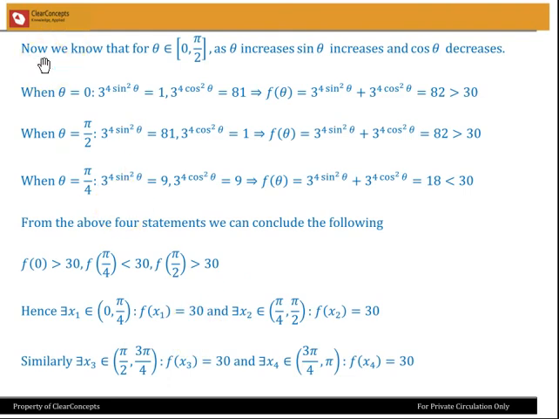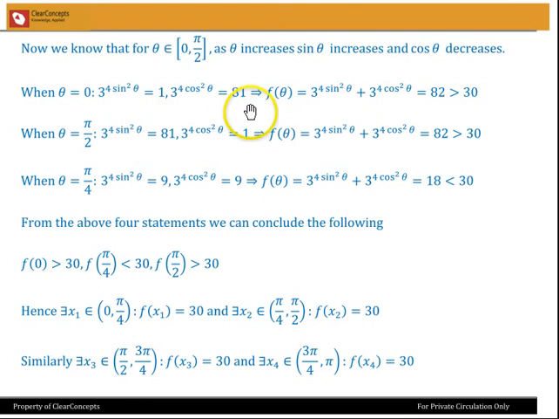So now a little more conceptual analysis here. We'll consider the first quadrant. So when theta is in the first quadrant, that means theta is in the interval 0 to pi by 2. As theta increases, sine theta increases and cos theta decreases. So let's take the extreme values. When theta is 0, I can see that 3 to the power 4 sine square theta will be 1 and 3 to the power 4 cos square theta will be